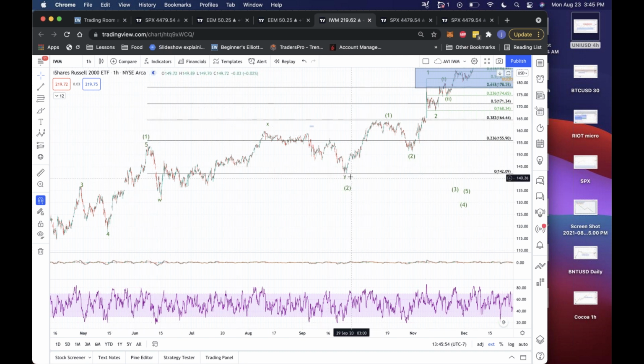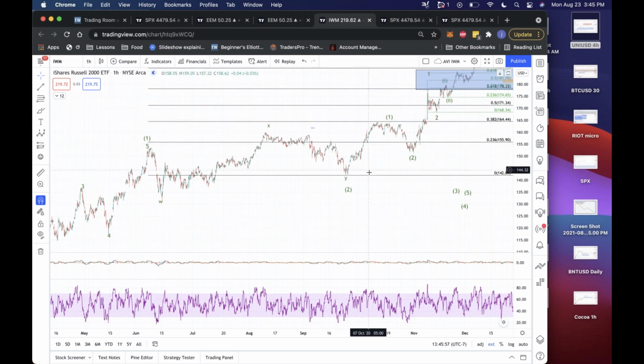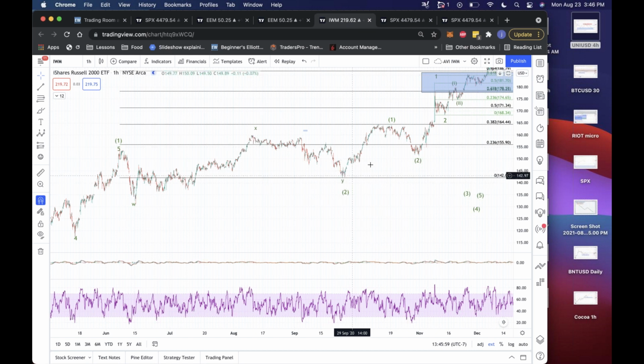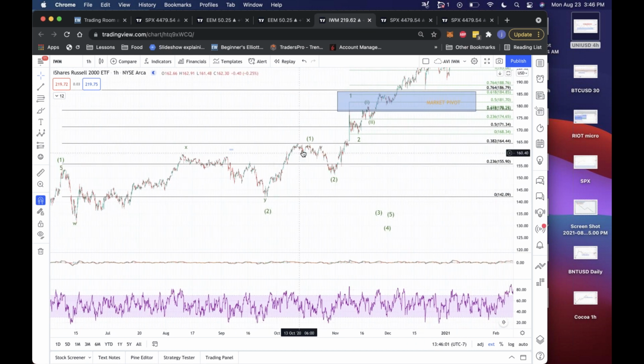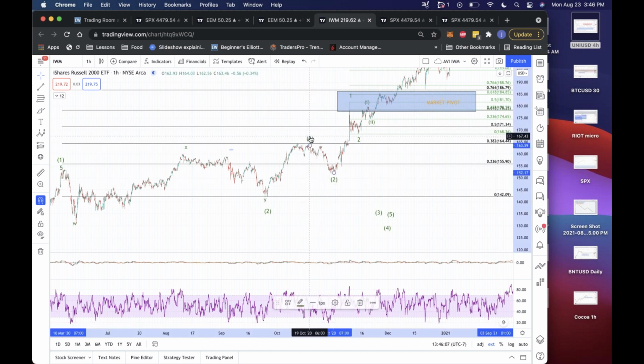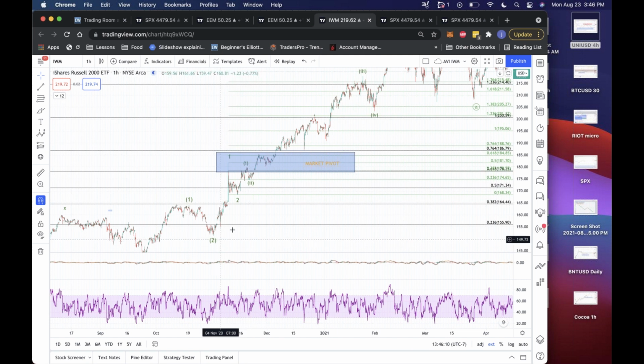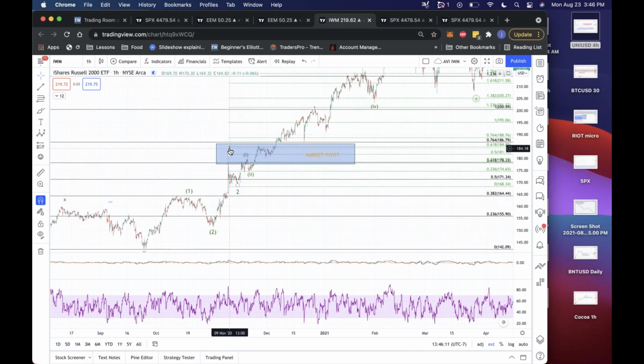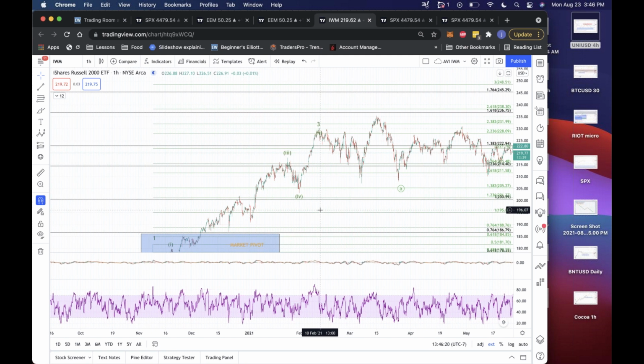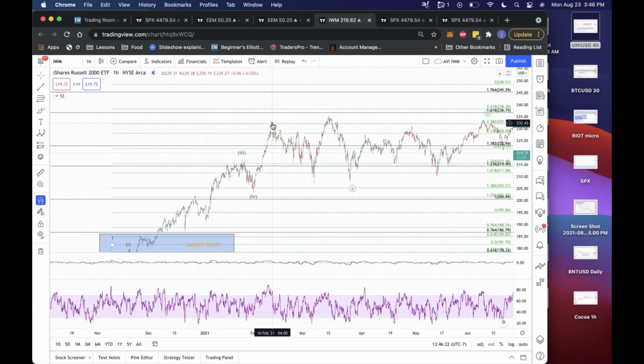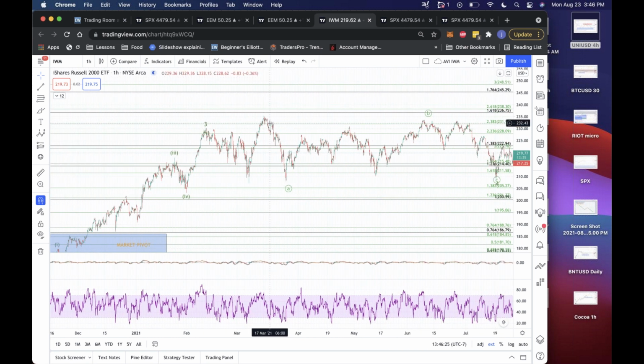So we have wave 1, and we measure that, and then we extend it up from the completion of the wave 2 here in September, and we got a 5-wave move in right into the 0.382 extension. We got a wave 2 pullback, and then from there we got another wave 1 and wave 2, and then Avi has us having topped in wave 3 at the